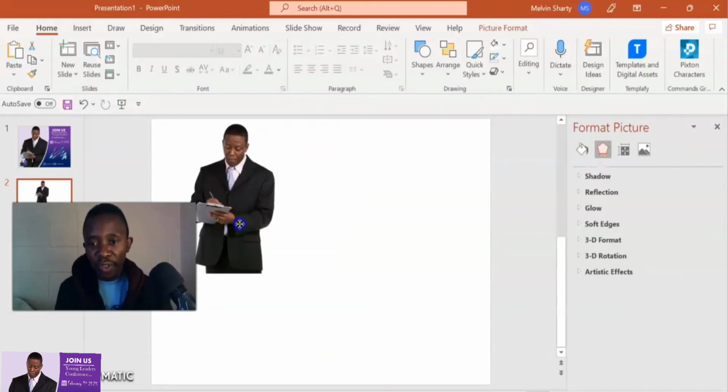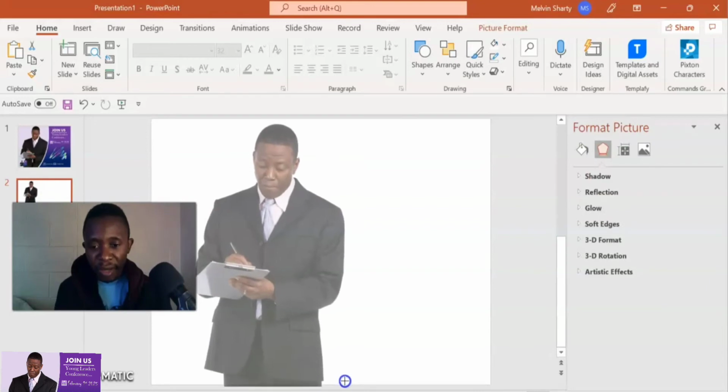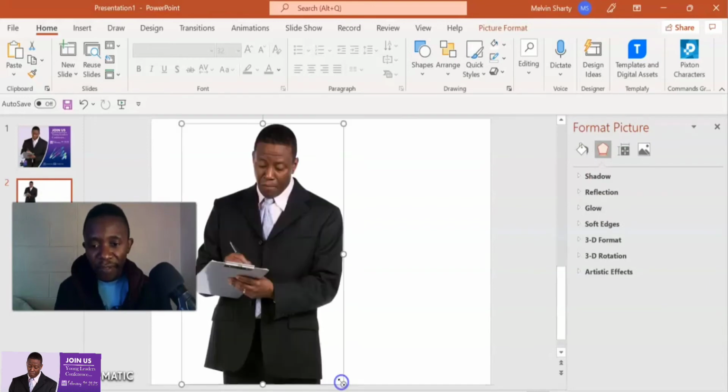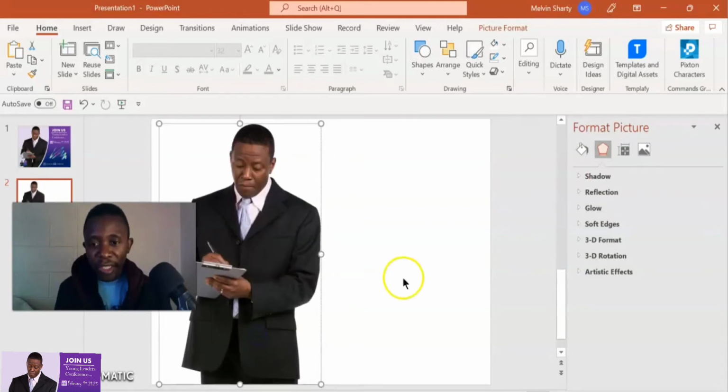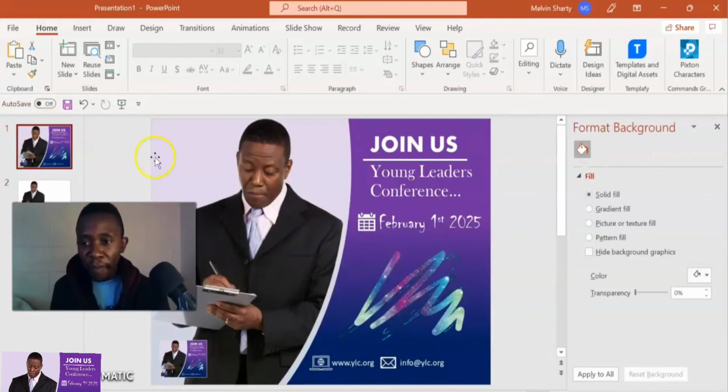Once you have cropped this image, you have to increase it, drag it down so that it can fit within the width and length of the workspace. I think this one is good because this is what we have here. So the next step is to have this kind of curve. This is the design curve we are seeing. So we want to have this kind of curve